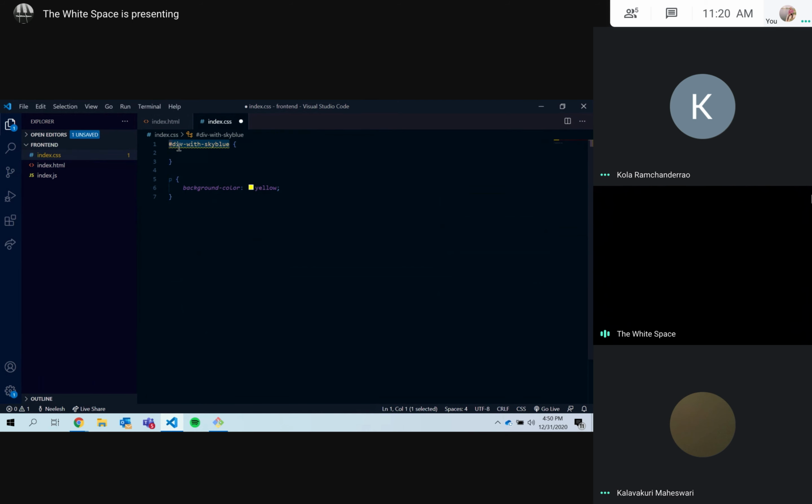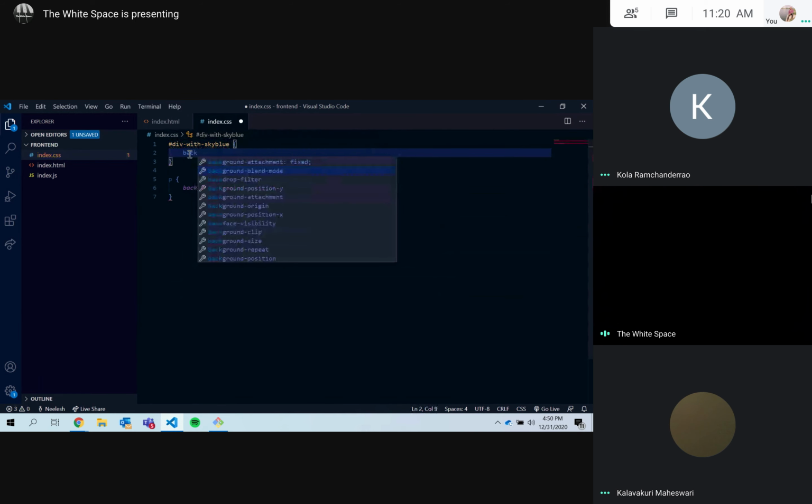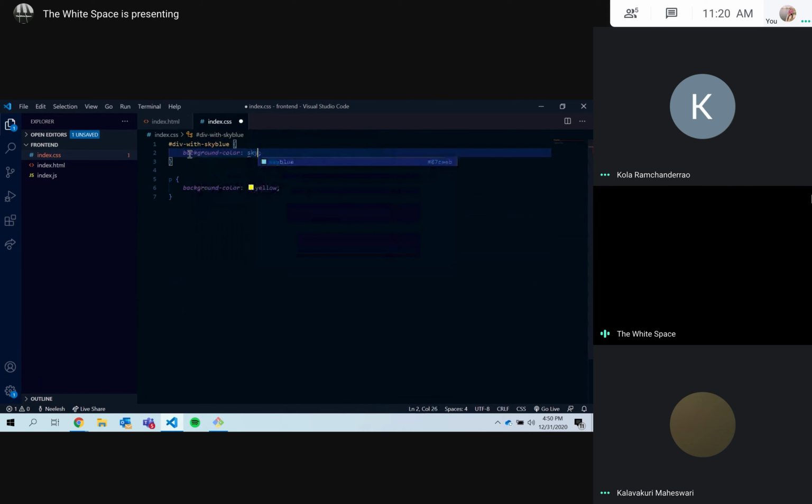So this selector for selecting IDs works like this. We write this hash symbol right in front, and then we write the ID which we have given. Whatever CSS we give to it, let's say I'm just sticking with background color for now, and let's give it sky blue. Give it this sky blue color, and let's save it. So what this will do is,